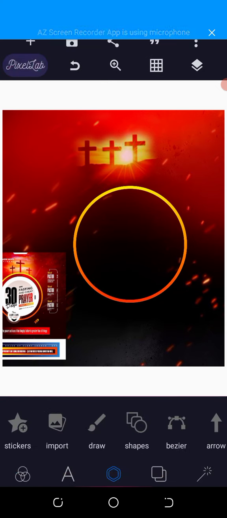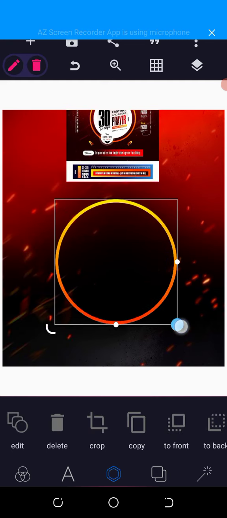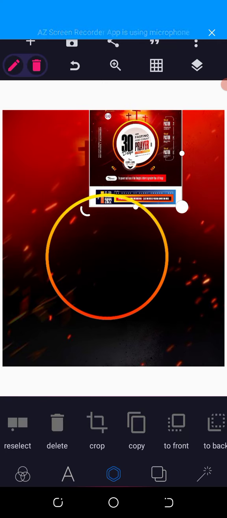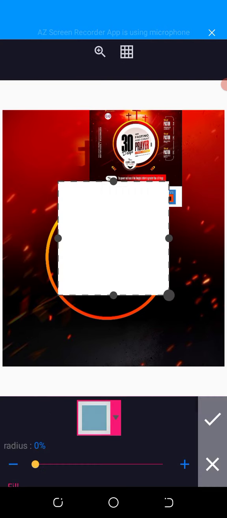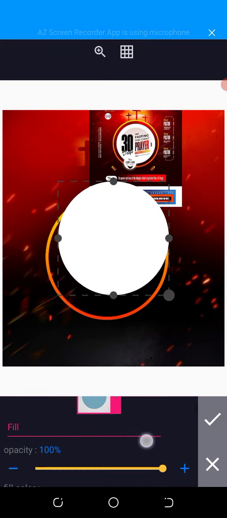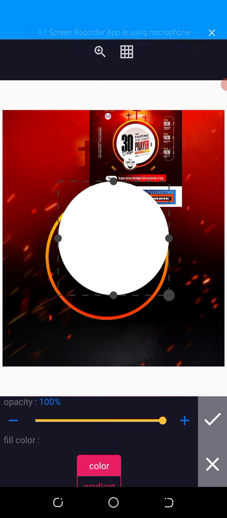All right, so I'm not creating the full design, I'm just showing you the secrets you should know. All right, so you understand perfectly. So I'm making this very big so that you can see it. We are focusing on this circle for now. So you come to the shape again and bring in a circle. There are two ways of bringing a circle. You can just click on this place and get your circle. All right, or you reduce the what's it called again, the radius